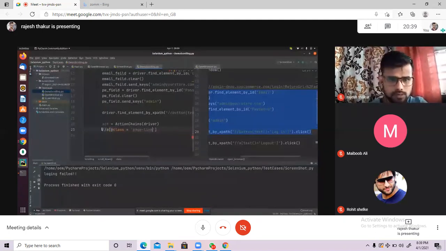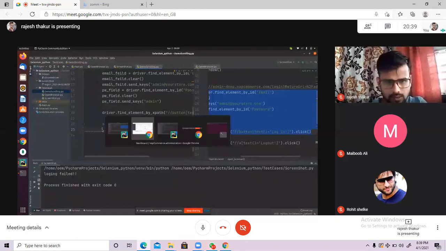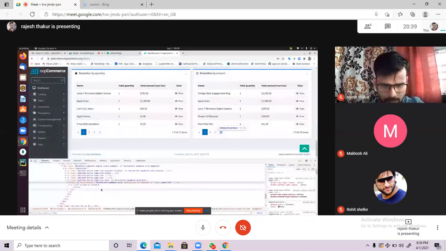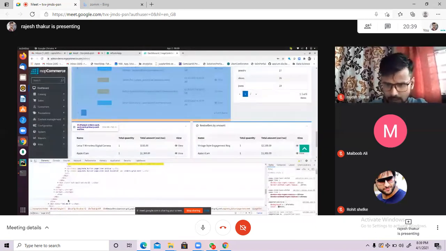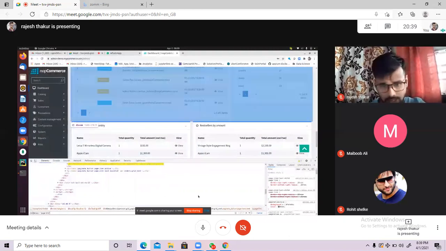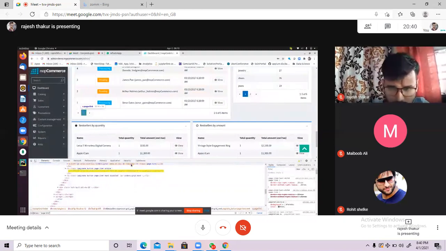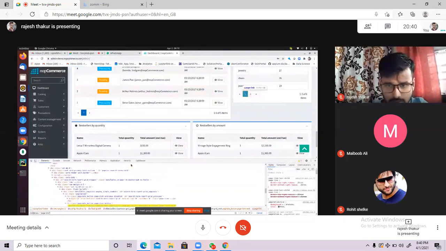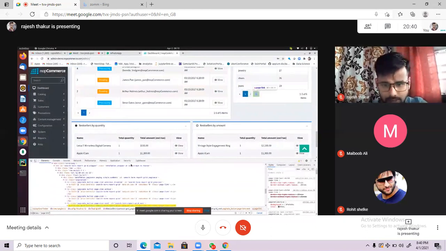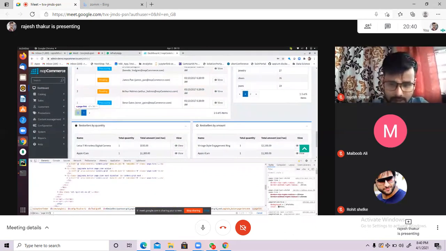Yes, this should work. Control X and paste it here. But 17 matching nodes are there with this. So which one is yours? I guess this one is that. So you can write 7. Making sense? 7.